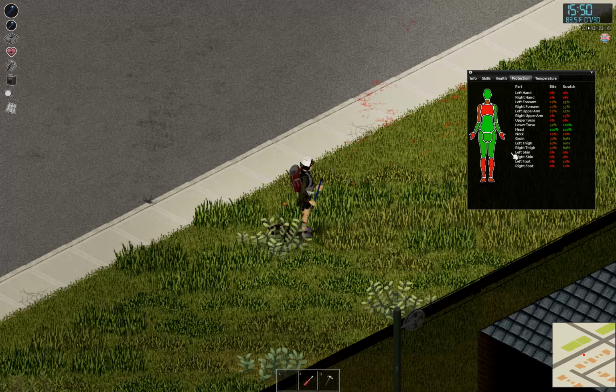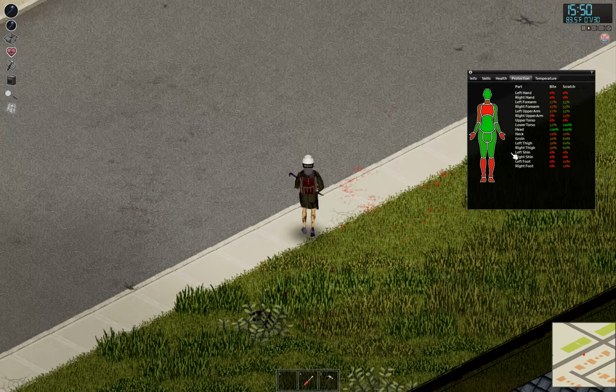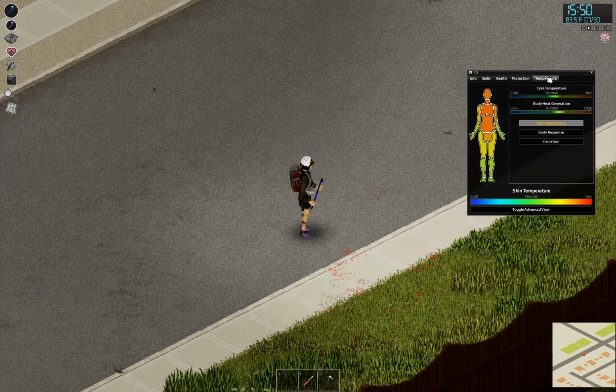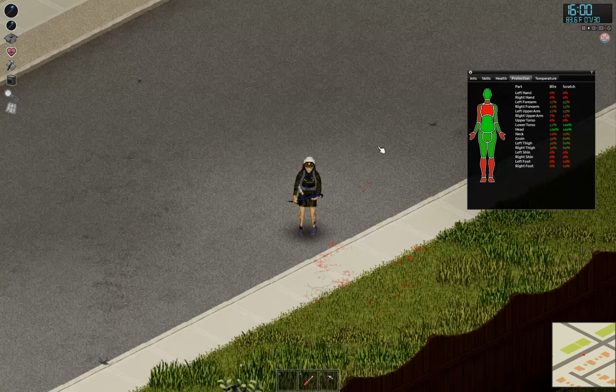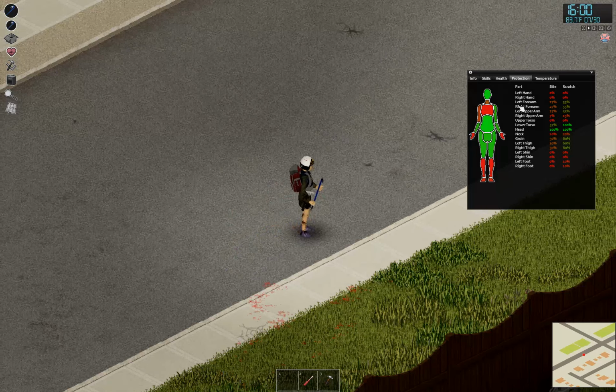I will tell you that heat is another problem in this game. Keeping an eye on your temperature. Yes, you can actually get overheated in this game and die. It's more of a problem in the summer. You can see here it's 83 degrees. It's pretty hot out. So what I like to do in the summer, and people will likely disagree with this, but I like to keep